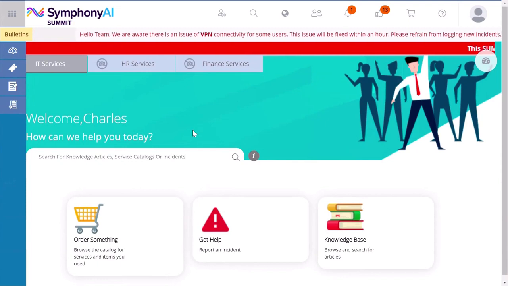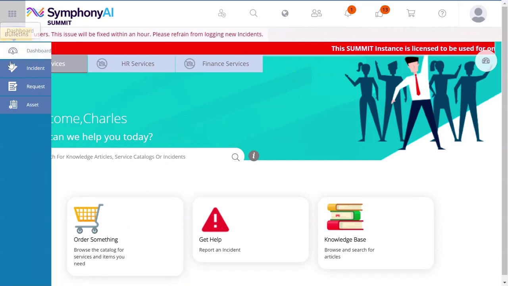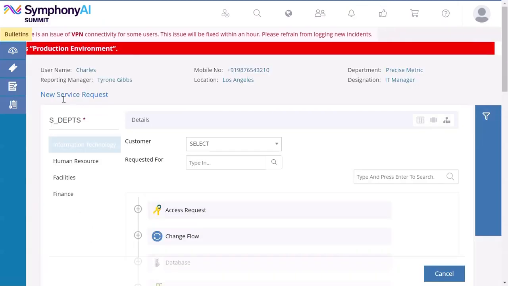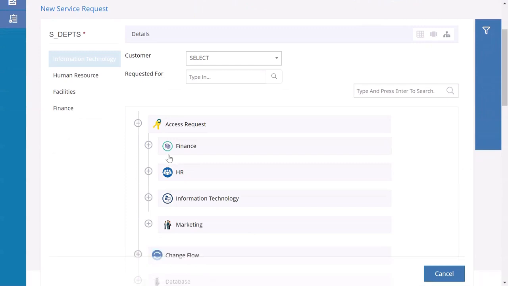Hello. This video explains how to create a service request as an end user. To create a service request, one can either select the Order Something feature from the user dashboard or access the menu from the top left corner of the screen and choose the New Service Request option from the Service Request Management module. This proceeds to a New Service Request page where a list of categories, subcategories and the catalogs are